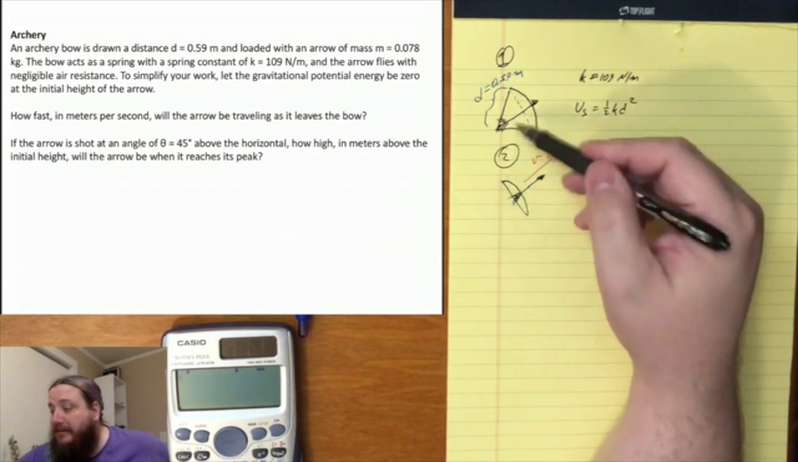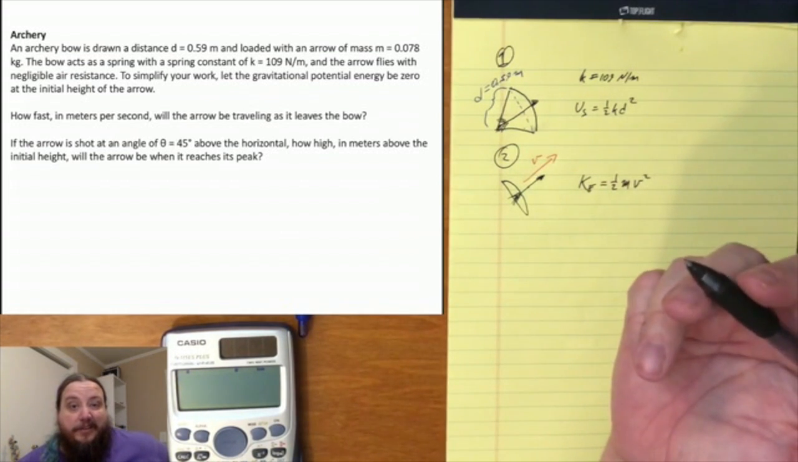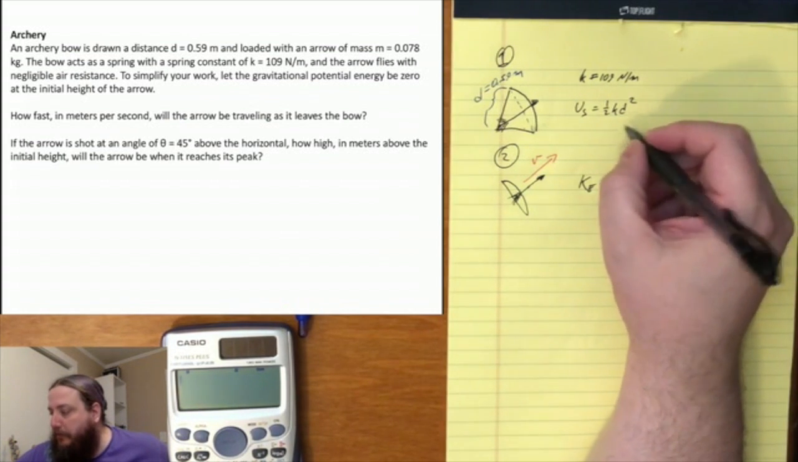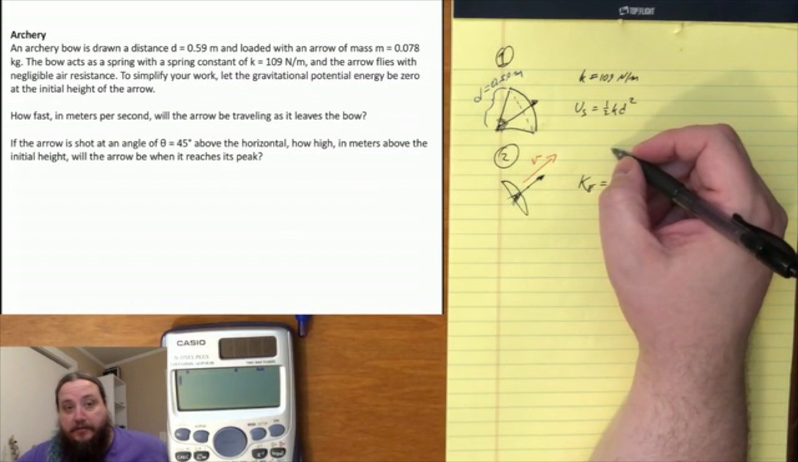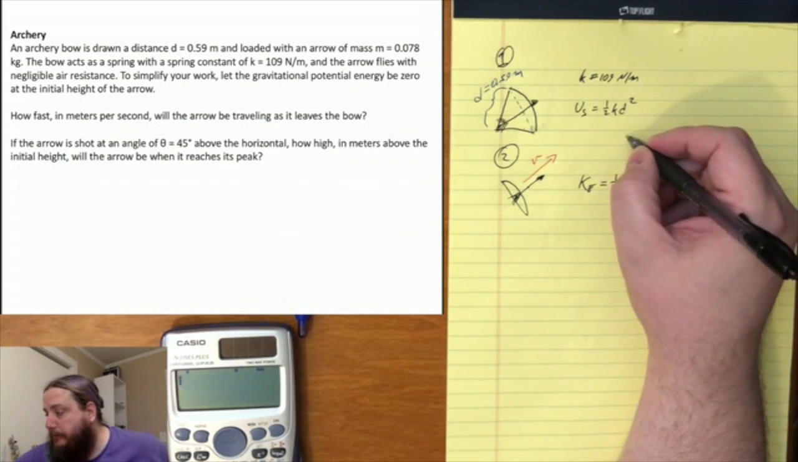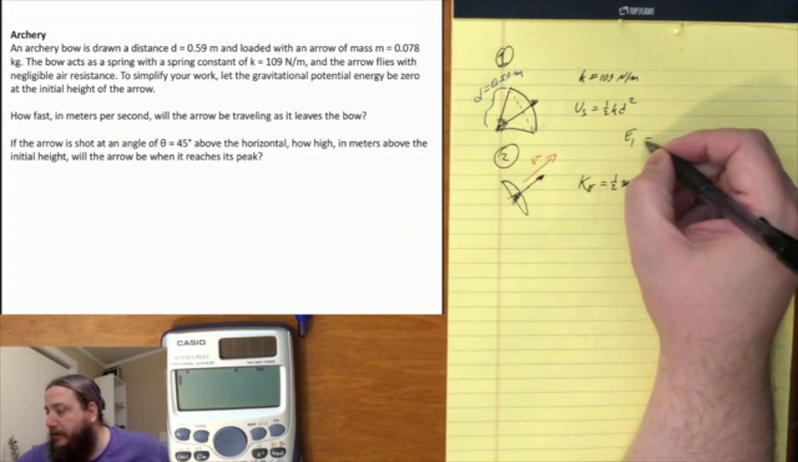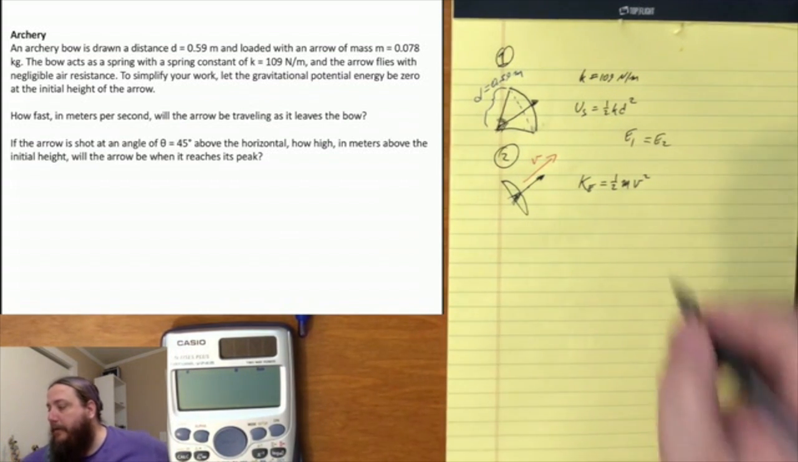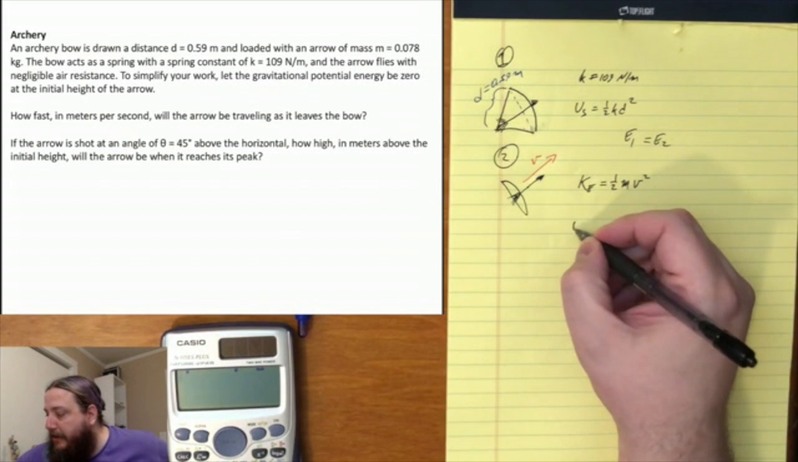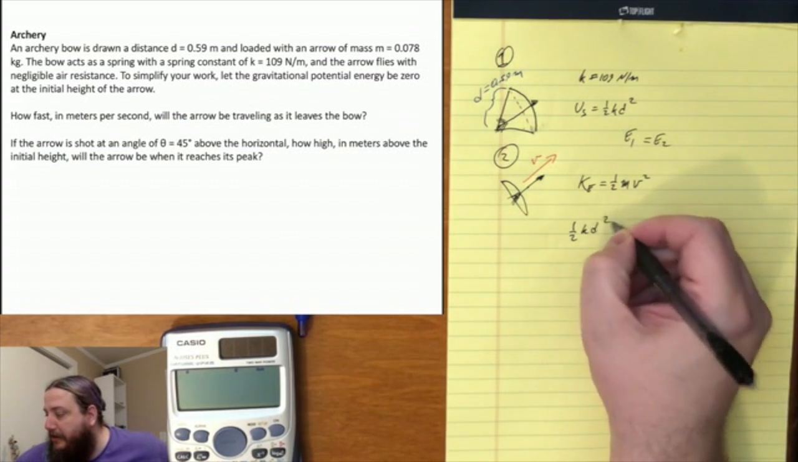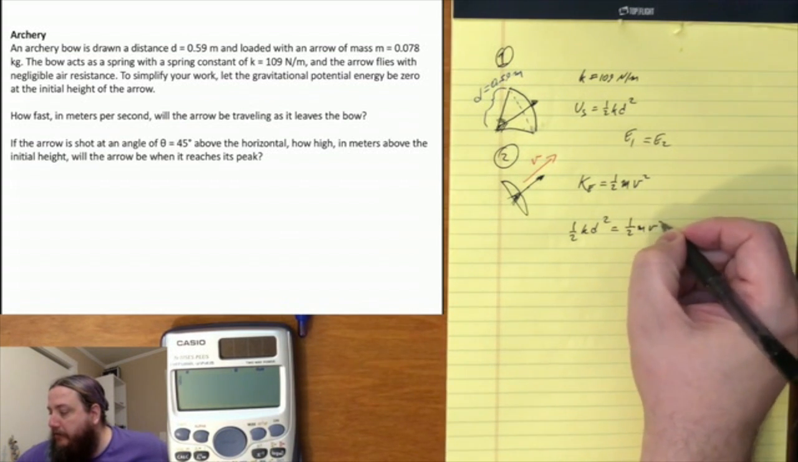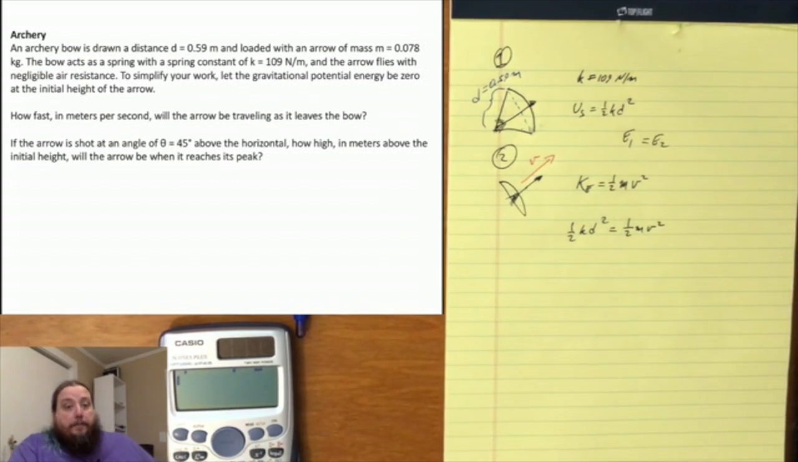And because spring potential energy is the only thing going on here, really, then we're just going to equate those two things together. So we can say the energy at moment 1 equals the energy at moment 2, and write down that then 1/2 kd squared has got to be equal to 1/2 mv squared. Now,